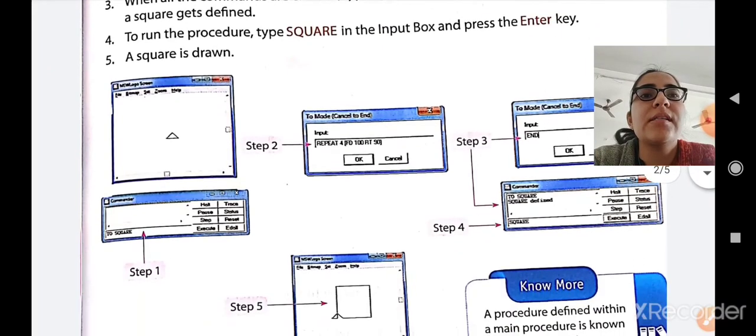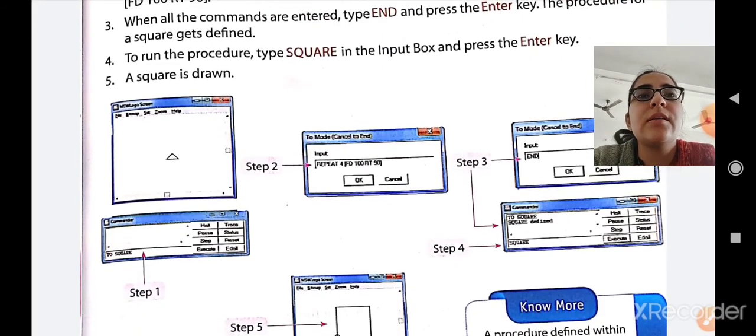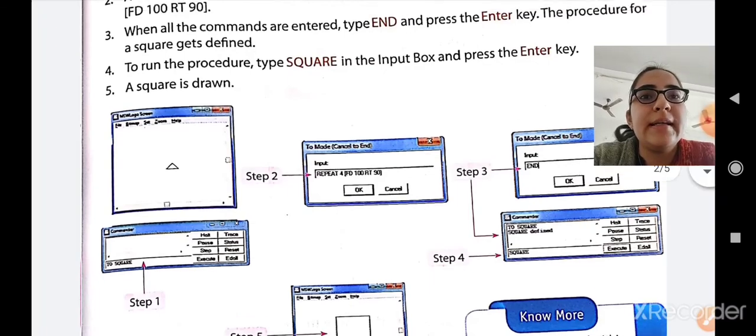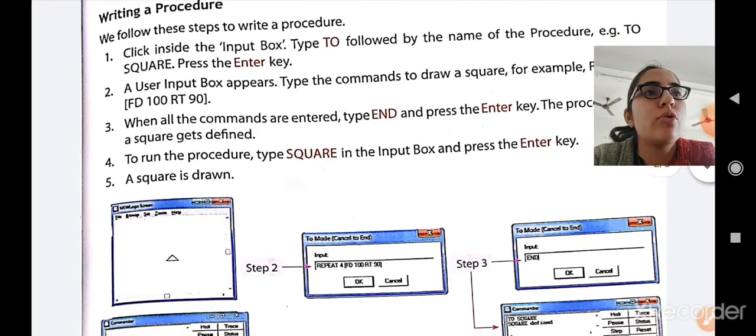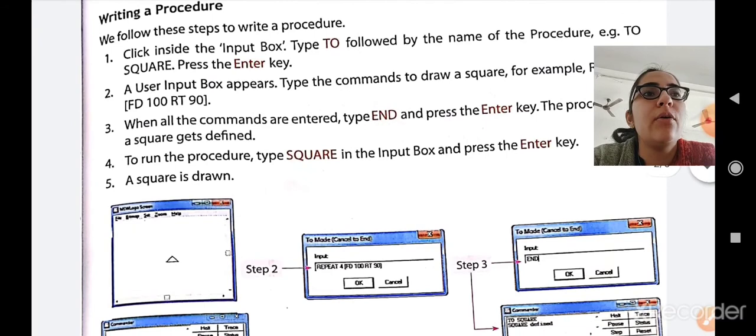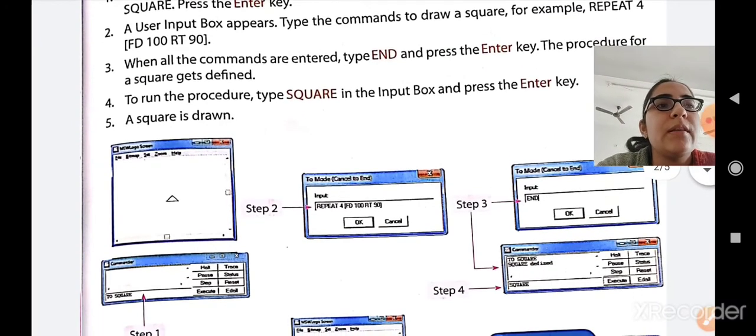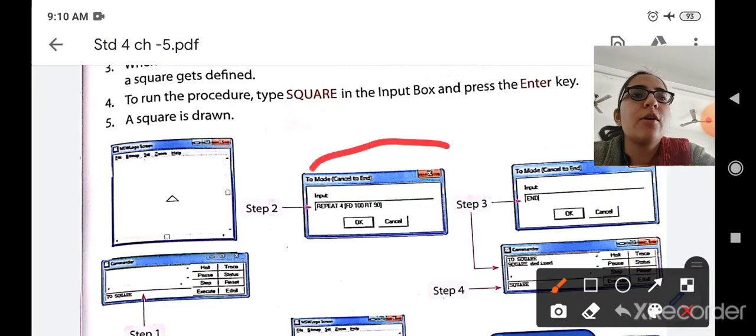Okay, so now let us see it step by step. First, in step 1, only the turtle is there. In step 2, we have written a command, that is repeat 4, FD 100 RT 90. In the very first step, we have to write TO and then square, that is the name of the procedure. After writing TO square and pressing the enter key, you will see that in the next figure this input box appears.